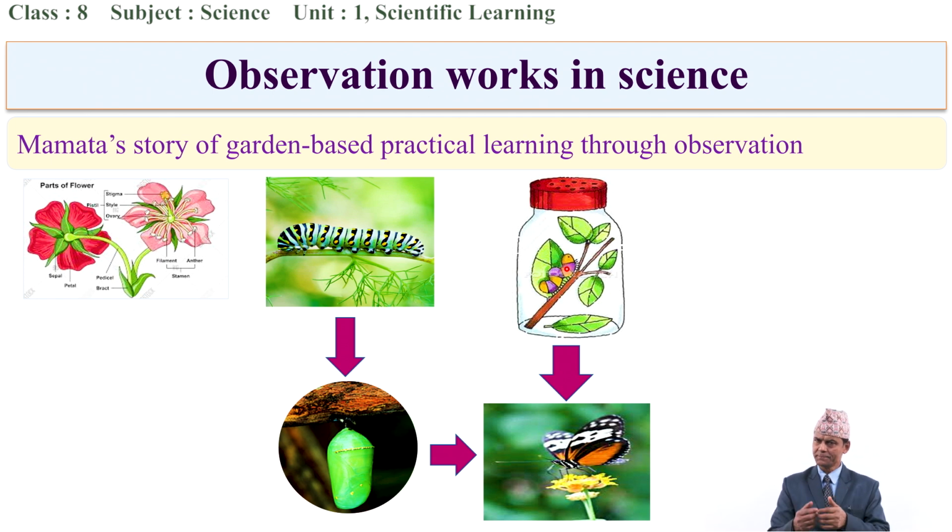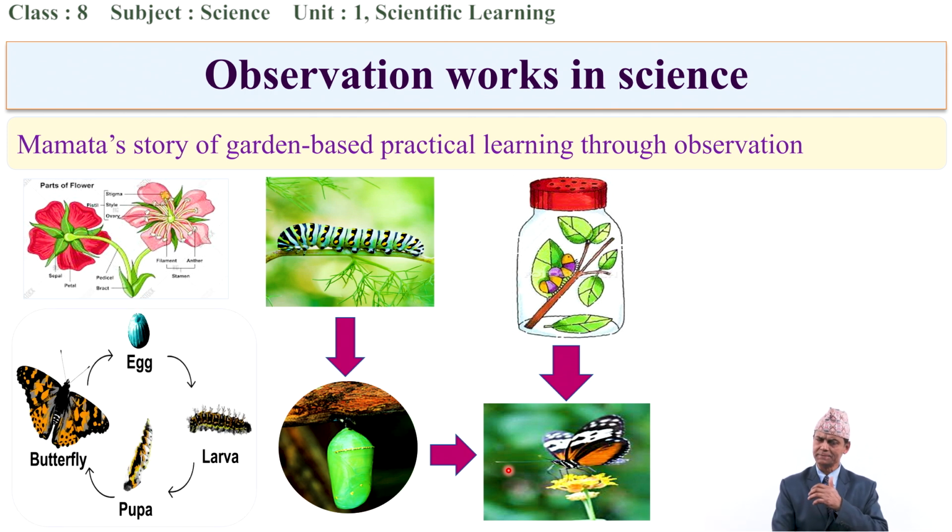And finally, after 10 to 15 days, she observed carefully. She put some leaves for the caterpillar as food. And after 14-15 days, what did she observe? She observed this type of condition, which was the pupa of the butterfly. And when the pupa was converted, when the puparium was broken, one beautiful butterfly emerged out. She was surprised by that activity and she prepared a chart of the life cycle of the butterfly, including egg, larva, pupa